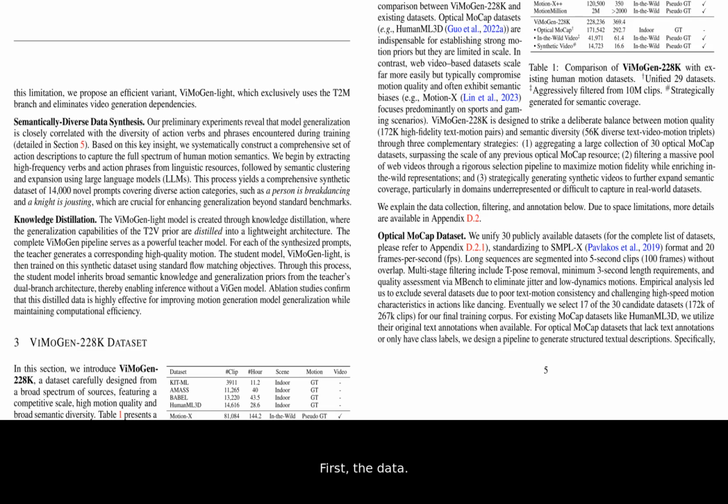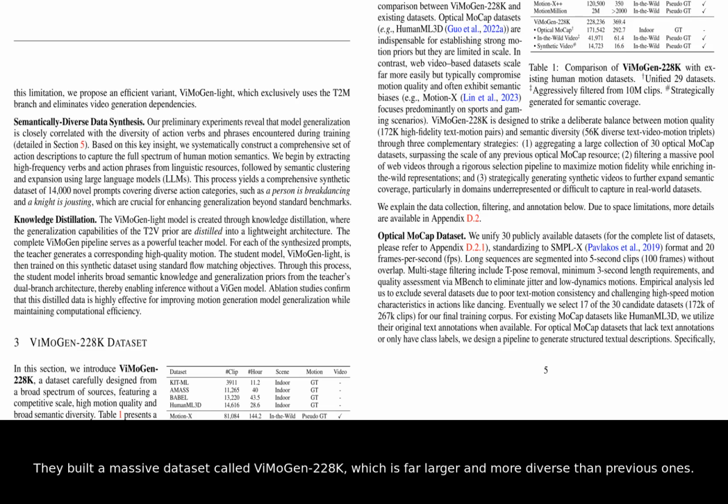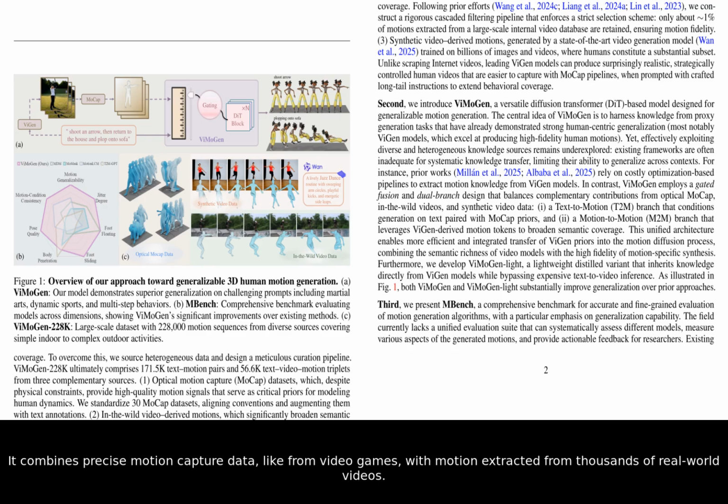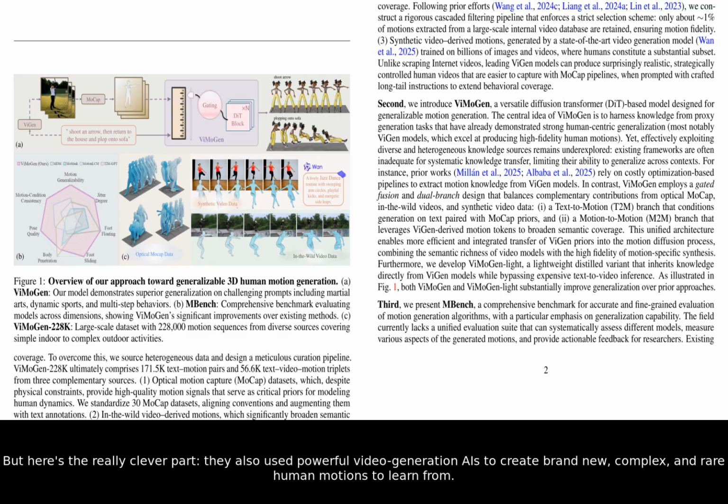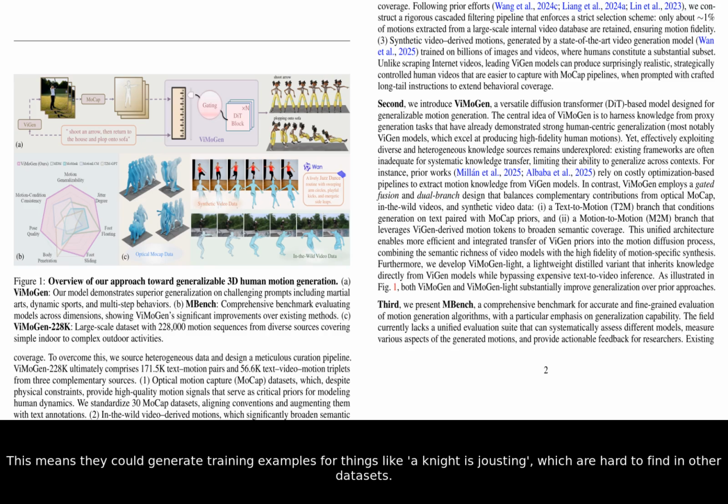First, the data. They built a massive dataset called ViMoGen 228K, which is far larger and more diverse than previous ones. It combines precise motion capture data, like from video games, with motion extracted from thousands of real-world videos. But here's the really clever part. They also used powerful video generation AIs to create brand new, complex, and rare human motions to learn from. This means they could generate training examples for things like a knight is jousting, which are hard to find in